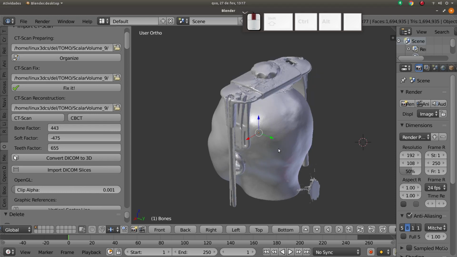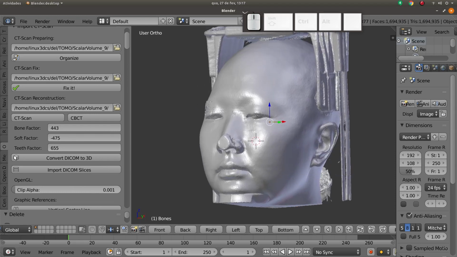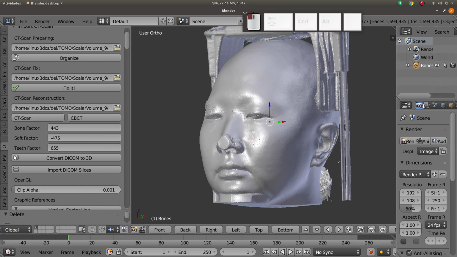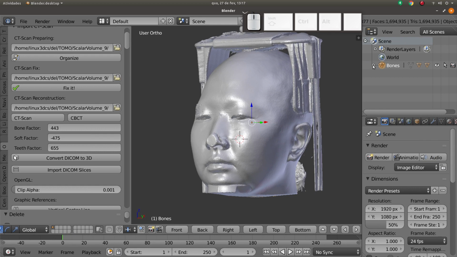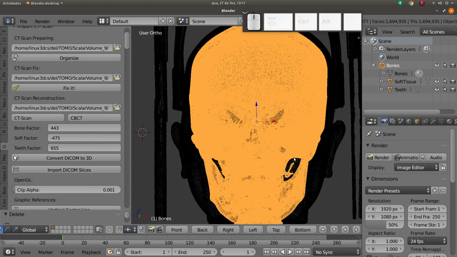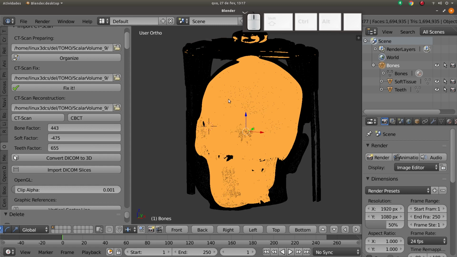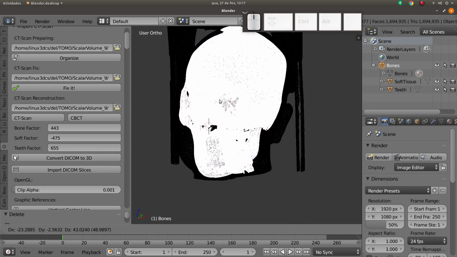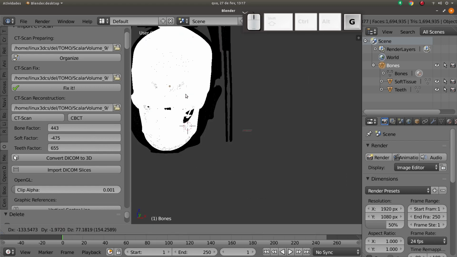Okay, the CT scan was imported, and in the right upper part we can see the hierarchy, and the bones are the main object. If we press Z, we can see the bone inside, and if you move the object